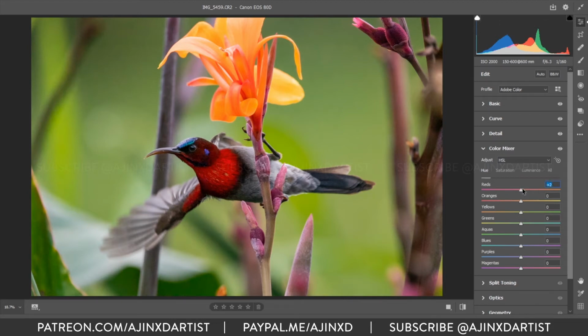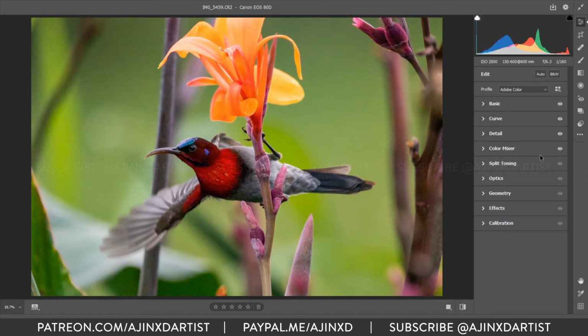If I change the red to orange or pink, that looks nice. A bit too saturated, unnatural as well. That's color mixer, which I don't usually use with a lot of images.